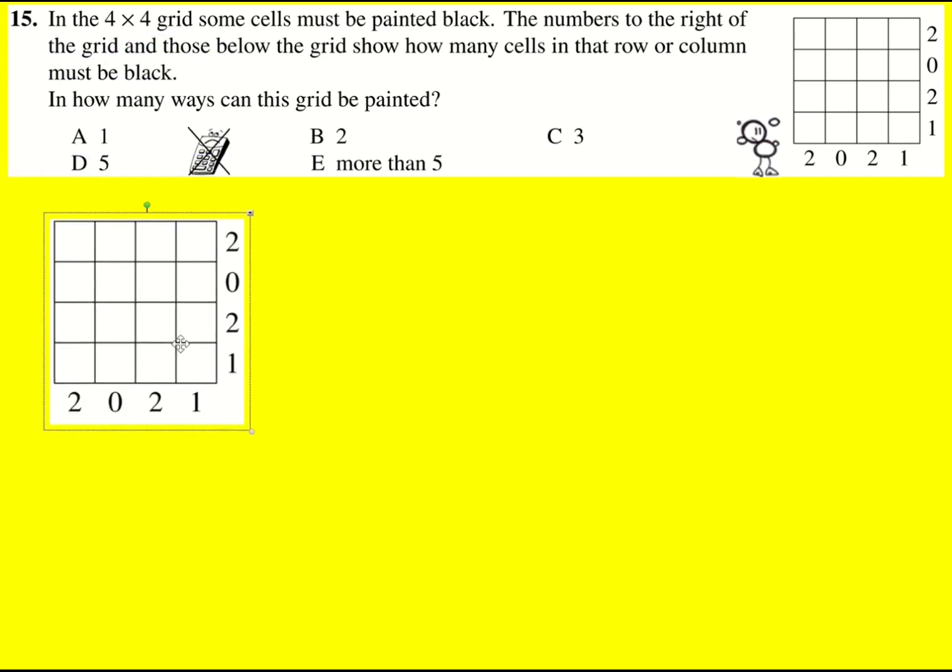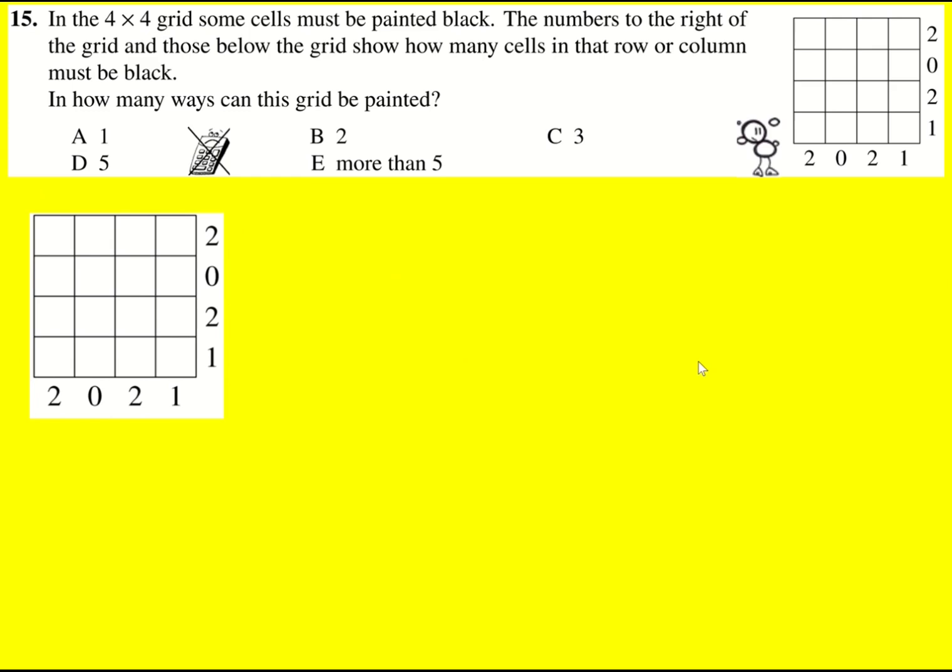This question is along the lines of a Hanji puzzle, which I would recommend looking into. They're great fun. So first thing to do here is either shade in the cells we know must be shaded, or cross out the ones we know cannot possibly be shaded. And because we don't know that any of them have to be shaded because we just got twos. There's no like fours or anything. Actually, three would be helpful as well, but not two. But I can cross out all of these,